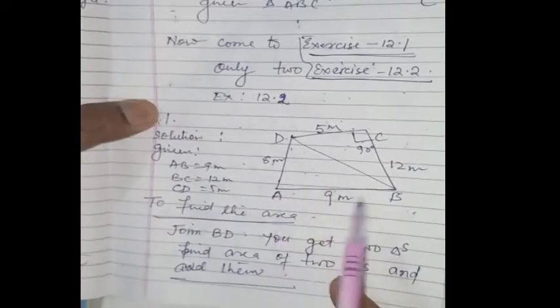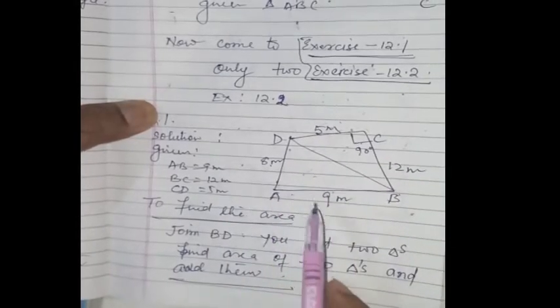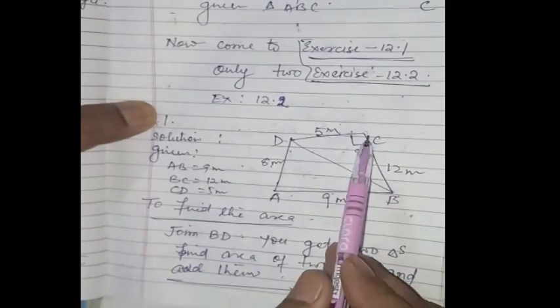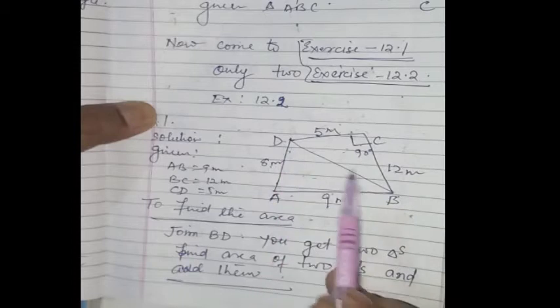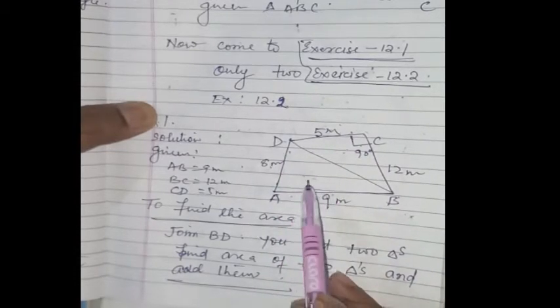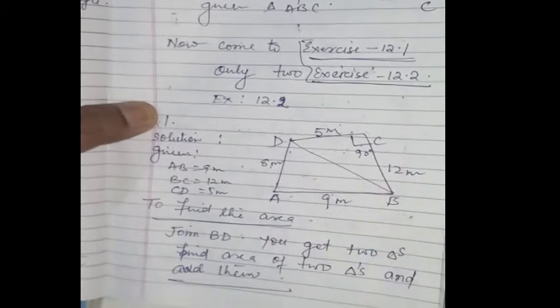How will you get the area of the quadrilateral? Two triangles are there. This is the figure. ABCD is a quadrilateral. Sides are given: AB 9, 12, 5, 8 and C is 90. So you will get the area of this triangle and the area of this triangle, and the sum of this plus this is equal to the area of the quadrilateral.